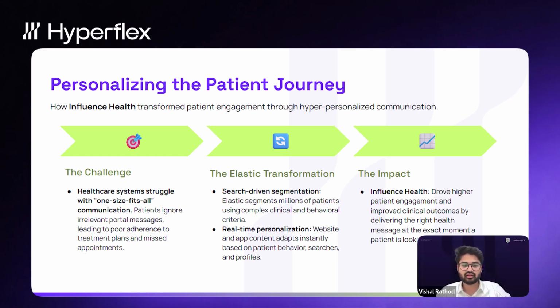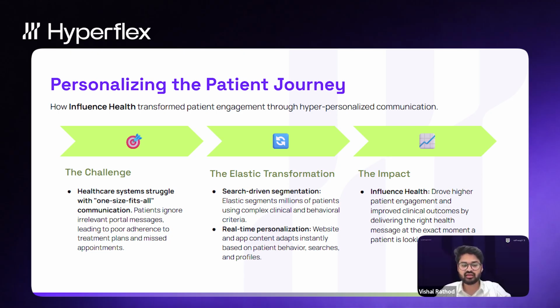With healthcare, the problem with direct patient interaction is that we cannot have one size that fits all communications. Every patient-doctor pair has very different communication styles, and that needs to be taken into consideration before we make any public health based solutions. So what Influence Health has done is they have personalized their whole Medicare facilities for each patient.